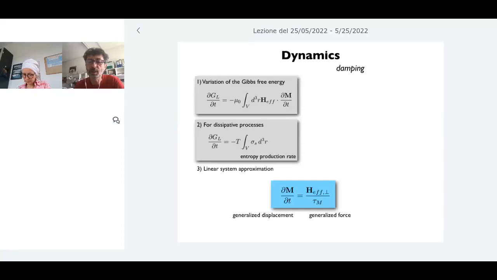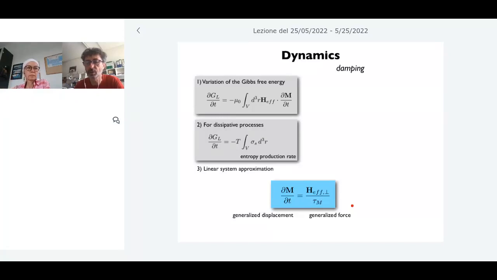For example, we can say that the derivative of the magnetization is equal to the effective field. If you think about it, this is a condition that if the effective field is parallel to the magnetization, then you don't have any change,